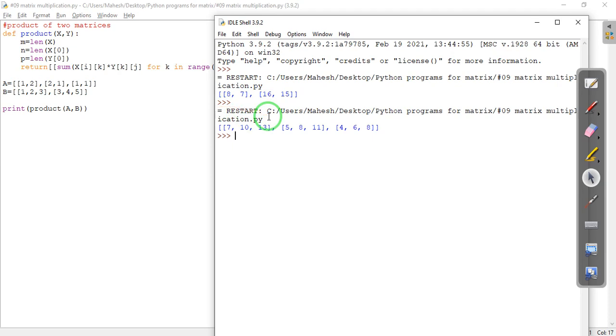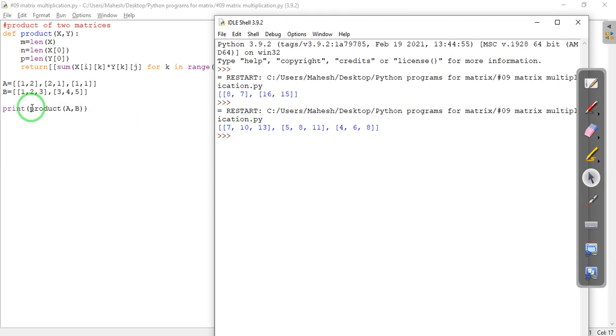And this is another example where you can say that AB is not equal to BA. So AB has 1, 2 and 3, so the number of rows is 3 and the number of columns is also 3. BA has 2 vectors and 2 columns, so it is a 2 by 2 matrix. Here it is a 3 by 3 matrix. So matrix multiplication is not a commutative operation.